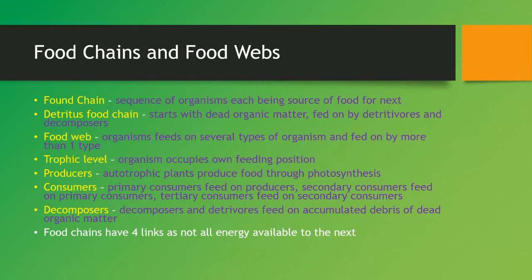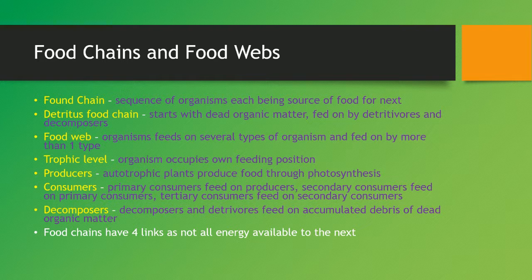So let's talk about that then. How is feeding done? Well, it's done through food chains and food webs. A food chain is a sequence of organisms that each take it in turn of being the food source for the next. So, for example, producers, which is a form of trophic level, will provide food to the primary consumer and then the secondary consumer, and so on. You'll have this thing called a detritus food chain, which starts with dead organic matter, and these are fed on by detritivores